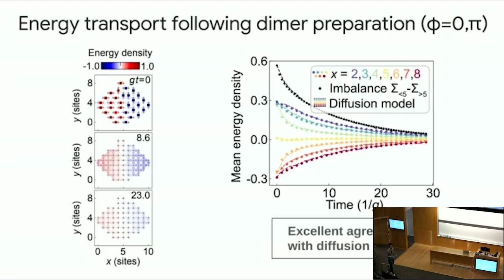So here, by using these dimers, we're really allowing ourselves to discover different types of dynamics in our system. On the right here, I've included the energy at vertical cuts as a function of time. That's just to show you that this fits perfectly with a very simple diffusion model. It's almost hard to see the model, but that's the line right behind the data here. So it really agrees perfectly with diffusive transport.